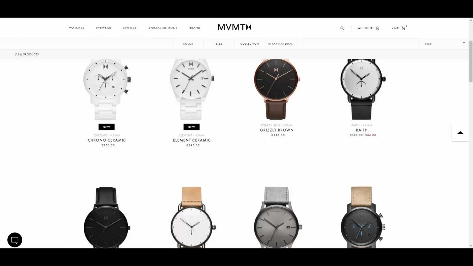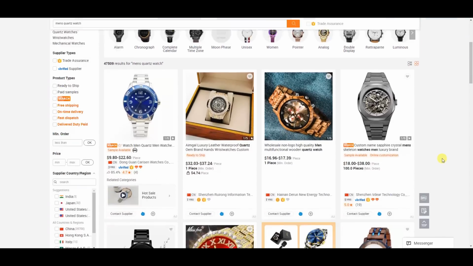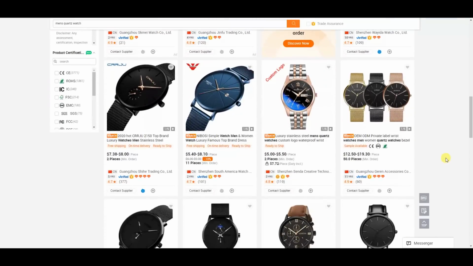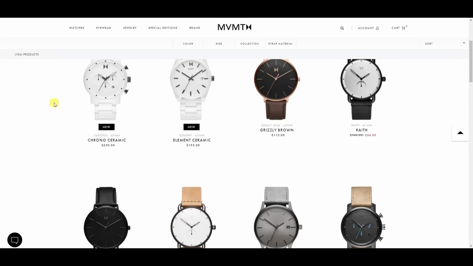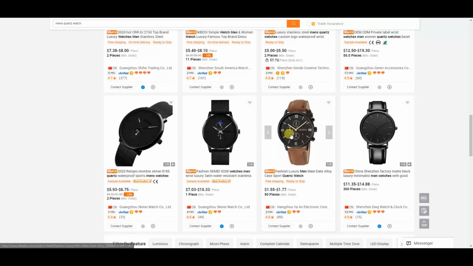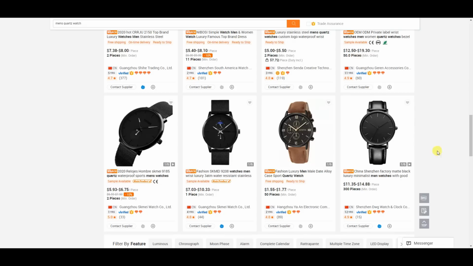And then if we go ahead and jump over to Alibaba.com real quick and we were to search men's quartz watch, if we scroll down a little bit, we can see watches right here that are the minimal style, which is very similar to what Movement is selling right here. So what Movement is actually doing here is they are ordering custom branded products and they are creating a brand around it on their Shopify store, and doing this allows them to go ahead and have very huge markups on